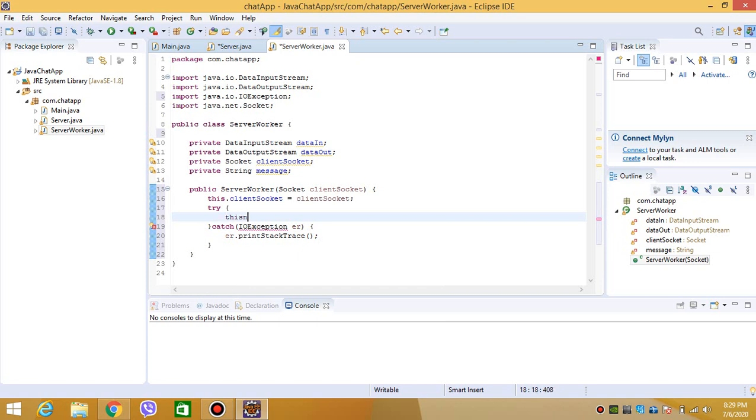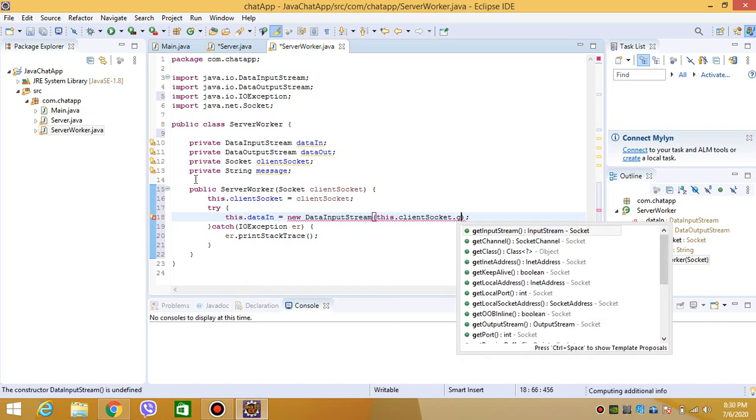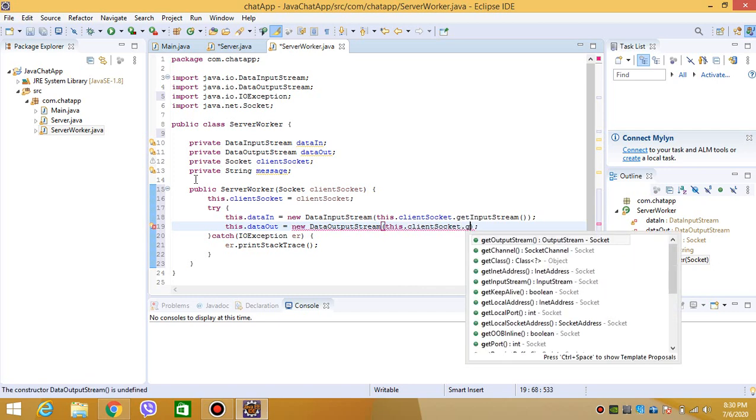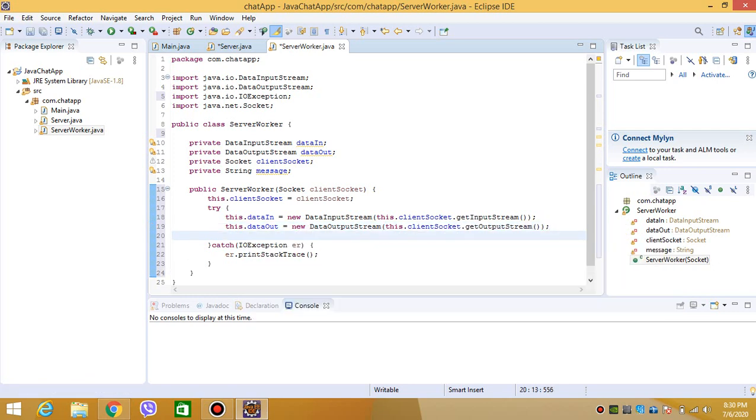Now let's initialize dataIn equals new DataInputStream, taking as argument clientSocket.getInputStream. Similarly, dataOut equals new DataOutputStream, taking as argument clientSocket.getOutputStream. Okay, it's all right up to this,